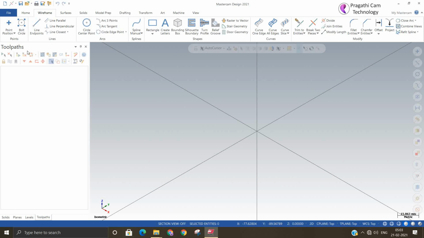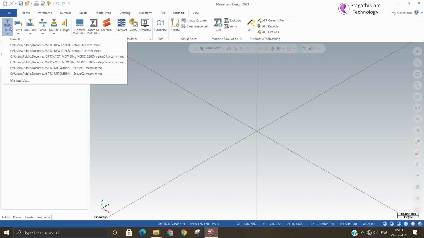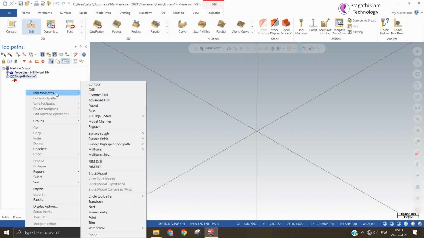Hi. Now we are going to see two new toolpaths. If you right click and select the machine, you will see chamfer drill and the advanced drill.